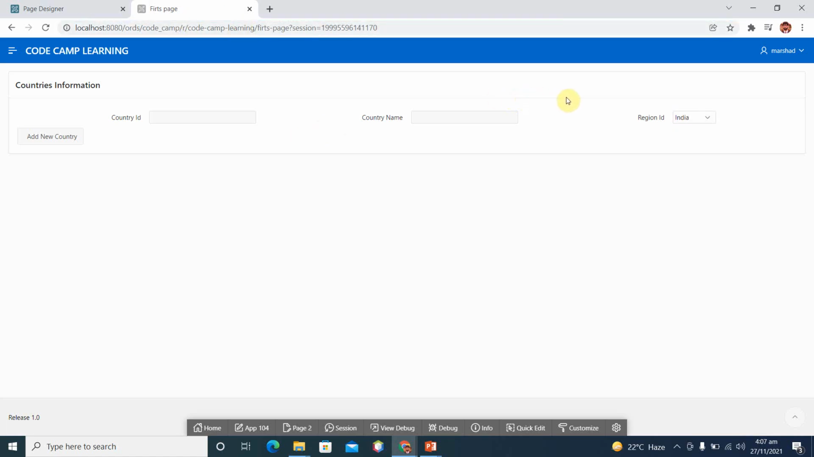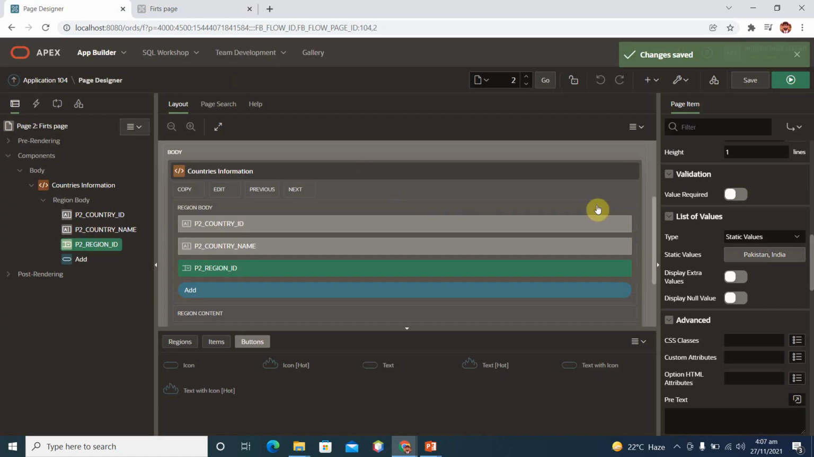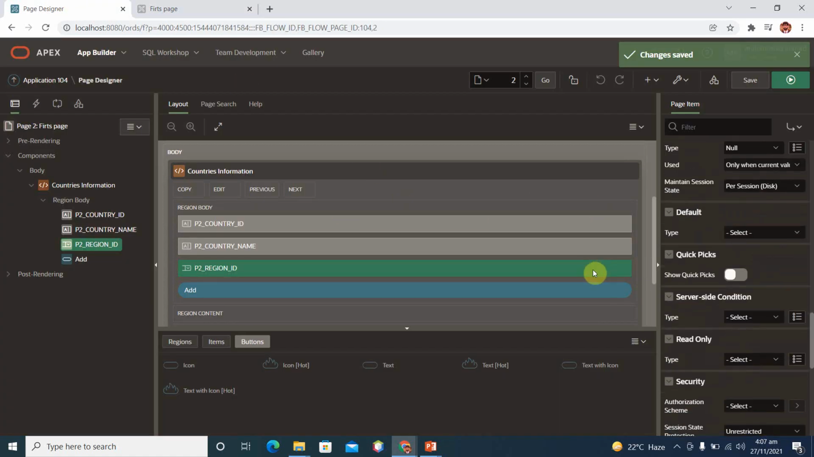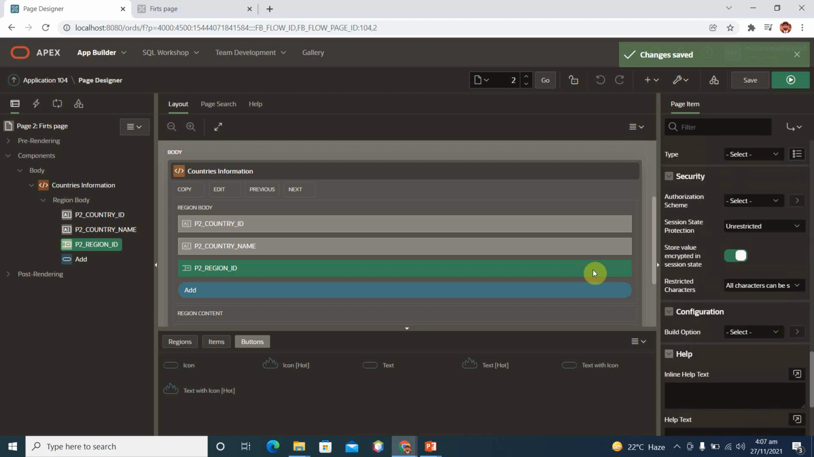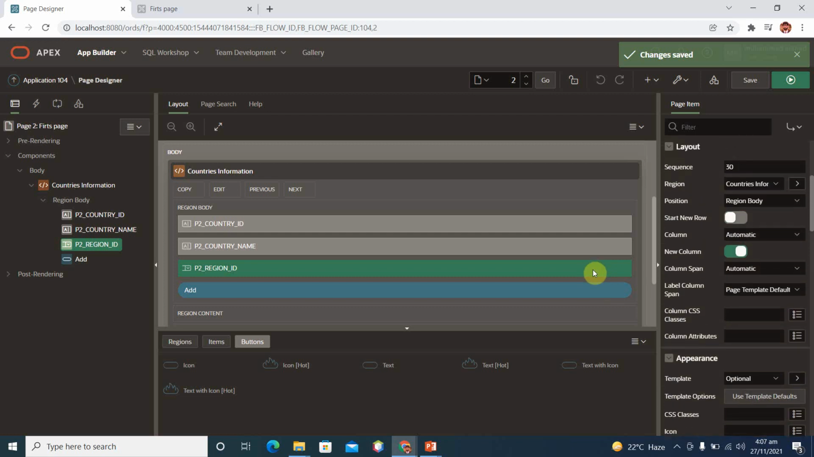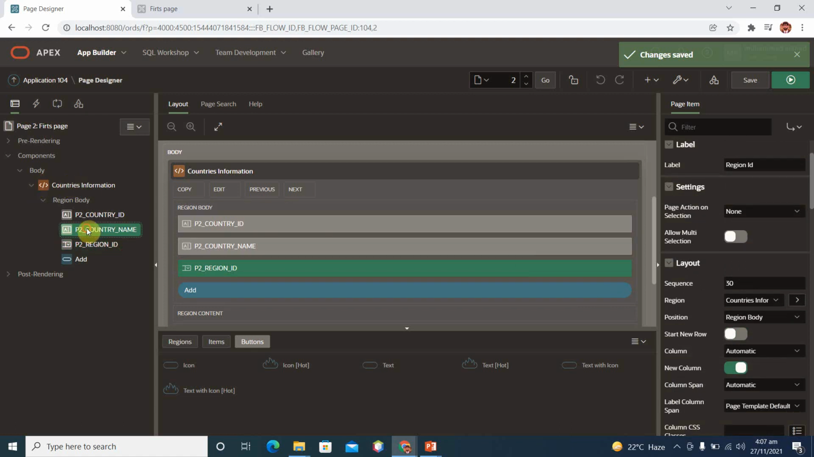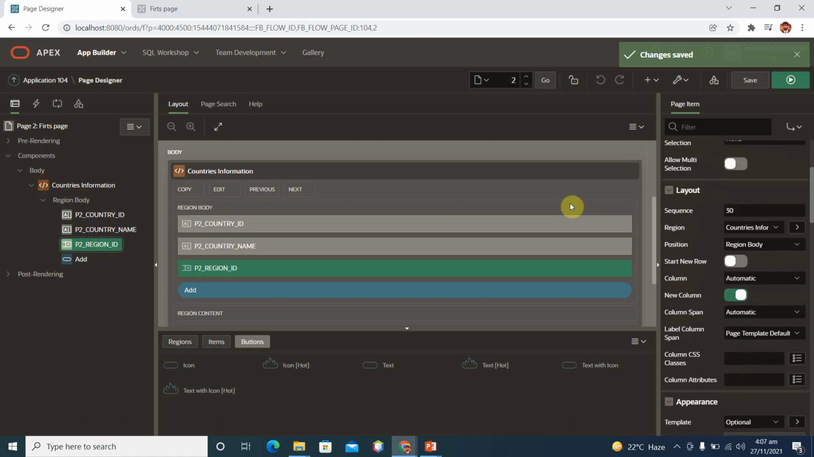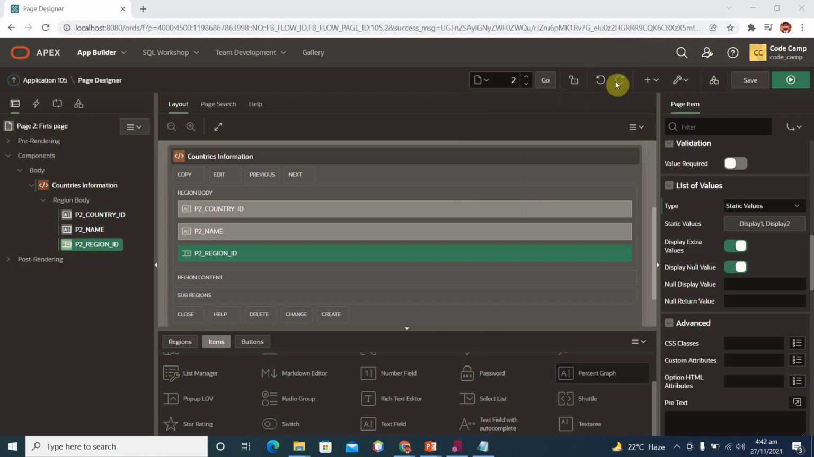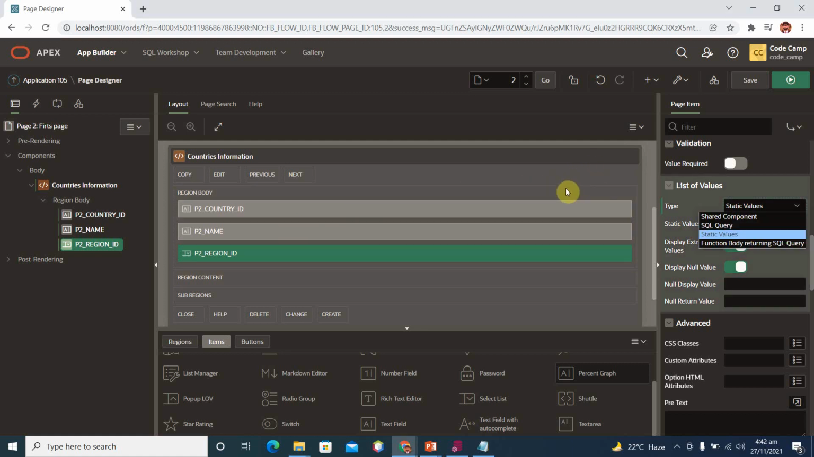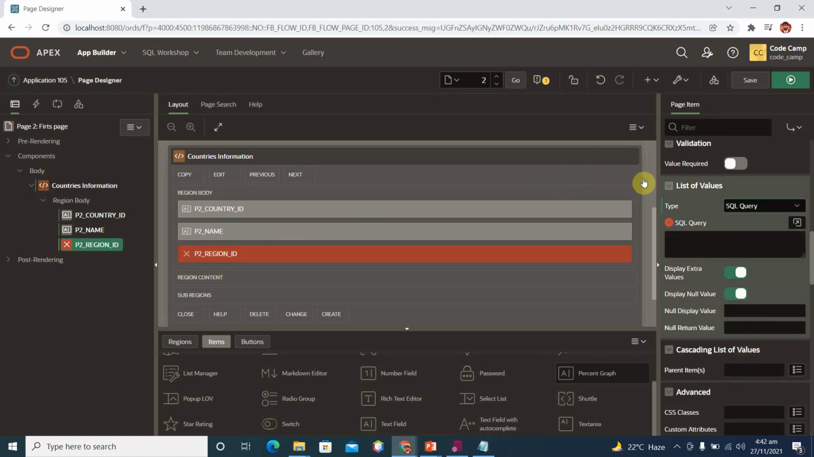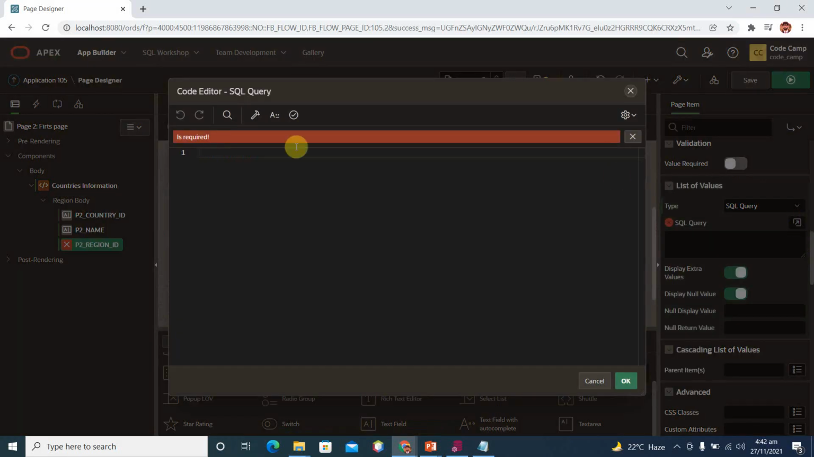So here you can say India is the first item, which is selected by default. Now move to your select list, select region ID, and now we will change it from static values to SQL queries. Go to SQL, then the new SQL query editor, and type here